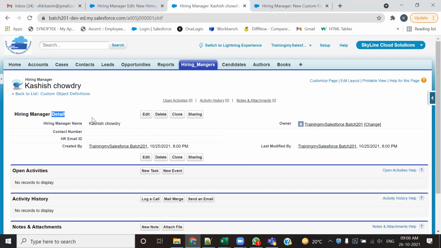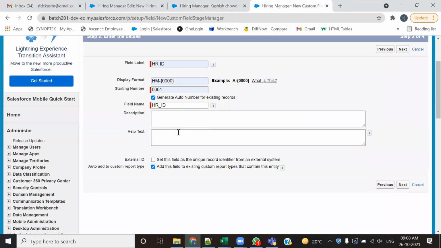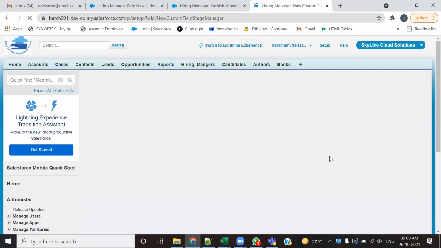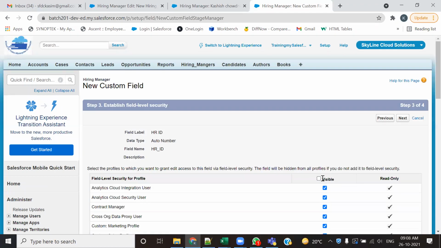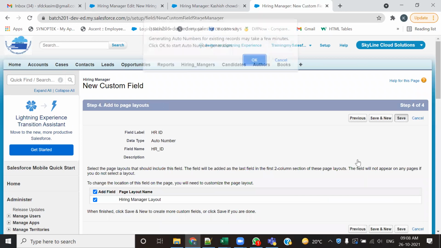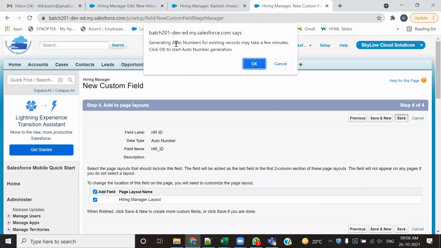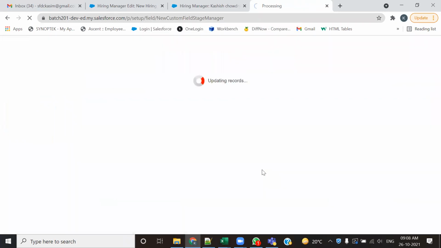मतलब कशिश को नंबर नहीं मिलेगा, इसके बाद में फिर जो भी नंबर रिकॉर्ड स्टोर करता हूँ उसको पहला नंबर मिलेगा। लेकिन मैं चाहता हूँ कि जो एग्जिस्टिंग रिकॉर्ड है वो भी सीरियलाइज हो जाए। तो ये एक चेकबॉक्स था जो मैं भूल गया था। नाउ क्लिक द नेक्स्ट बटन, make it visible for every profile user and click the next button and save it. Generating the auto number for the existing record may take a few minutes, ठीक है, तो ओके, कोई प्रॉब्लम नहीं।